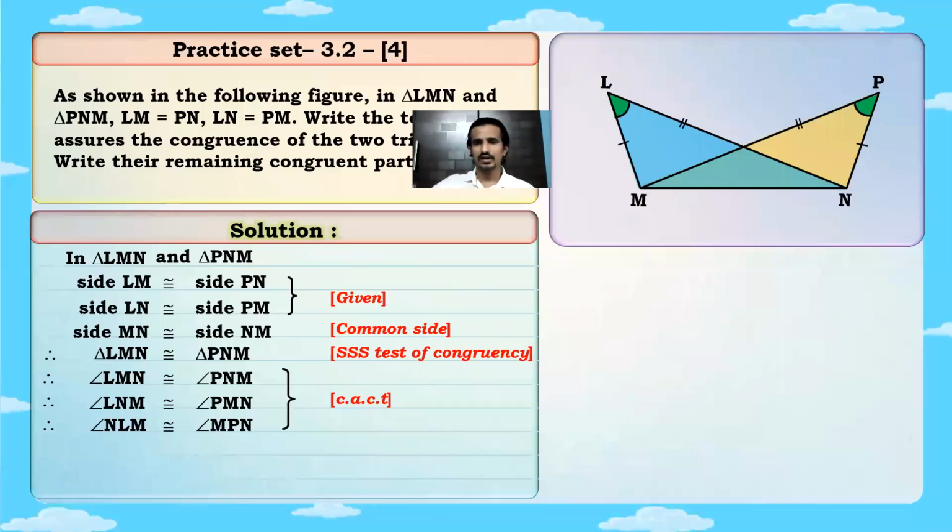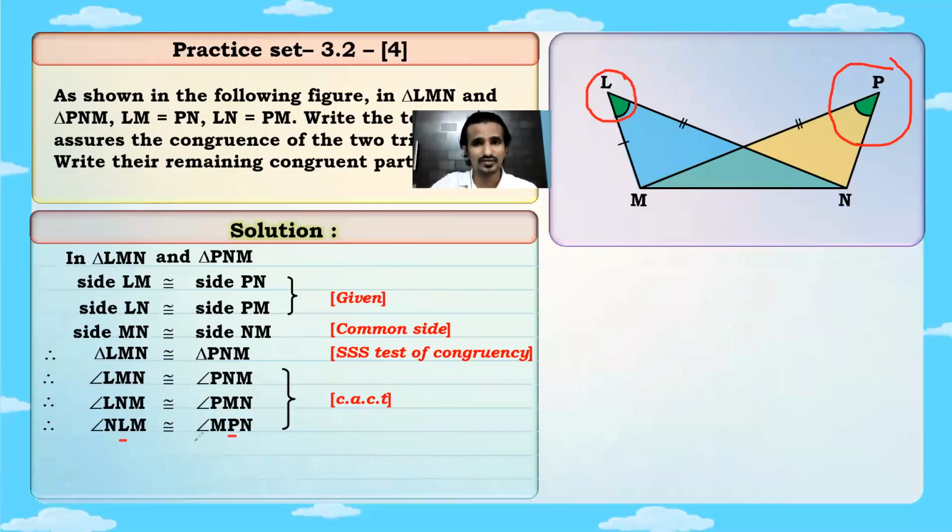Okay. Here Rajvi has asked me one doubt. Can we write the angles in a single letter? Now see, you can write the angles in a single letter. For this one, this L, for angle L and angle P, you can use a single letter. That means here at the end you could have used L and P, angle L congruent to angle P. You could write it with a single letter.